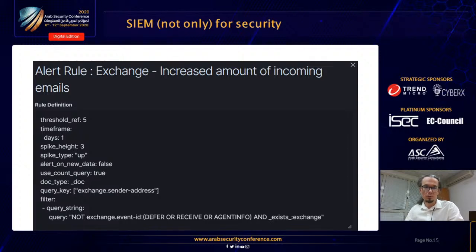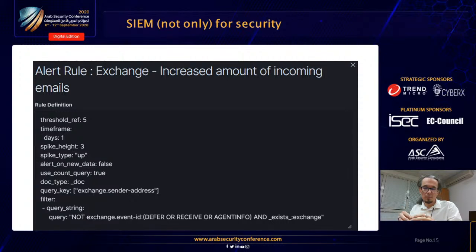Here is a little more complicated one for Exchange. For example, the alert rule of increased amount of incoming emails. In this rule, we are excluding the fields that would make the alert trigger false positives. So we are excluding them at first. Then the rest of the data that is gathered by the alerting rule, we are grouping by the sender. And if the